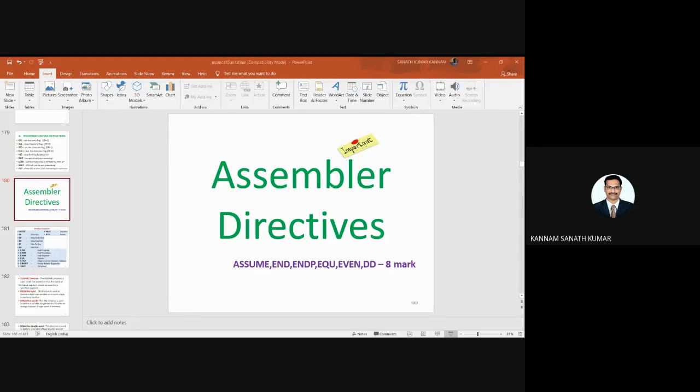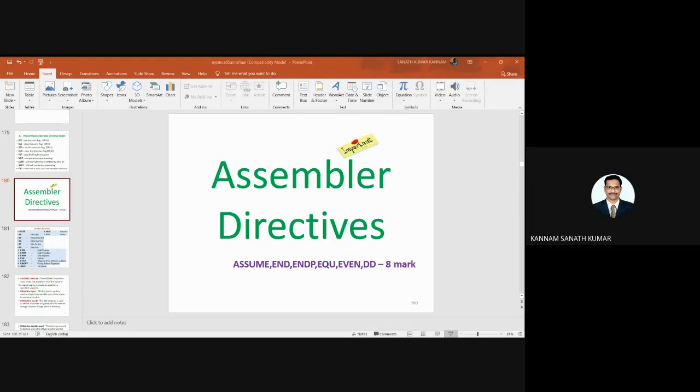So the first directive is the ASSUME directive. This ASSUME directive tells the assembler the name of the logical segment that should be used for the specified segment. Suppose in the programming I already told ASSUME CS code. That means wherever we are writing the program, we need to initialize the segment.